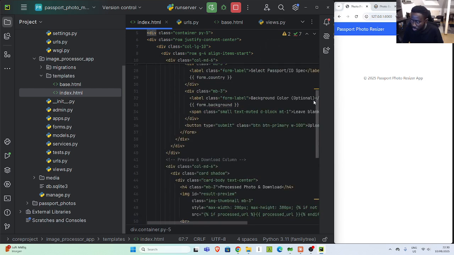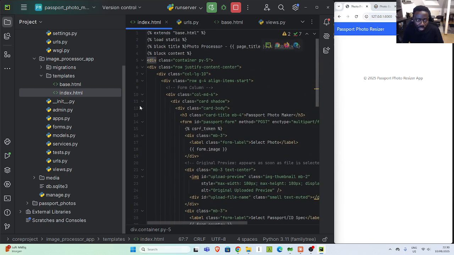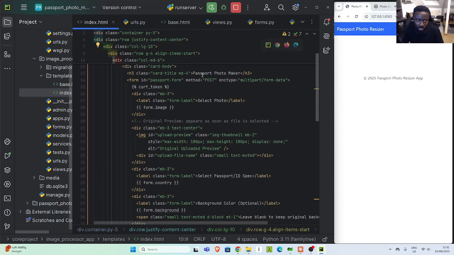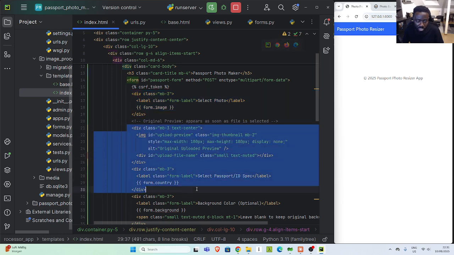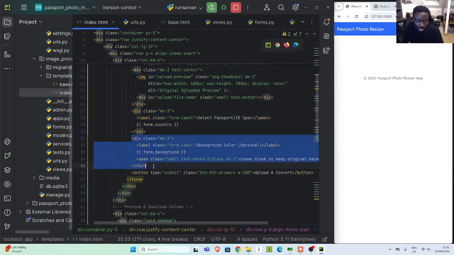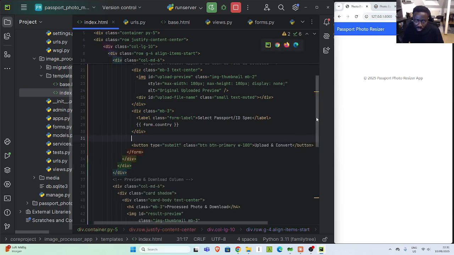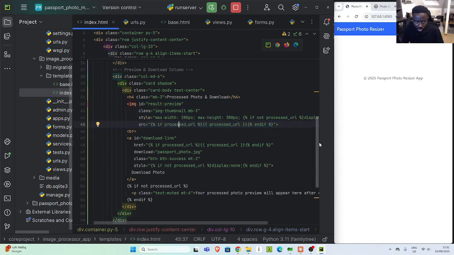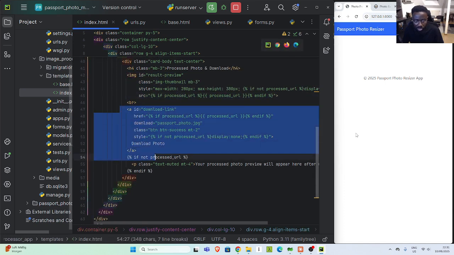So what we are doing now is we have two forms or two columns. The form column, which is this one here, we are using a Bootstrap card. We upload the photo, right? So that photo, or the image, is going to be uploaded. We have the option to select the specific country. We can also add background to it in case you want to do that, but we'll do that later. So let's take it off, and then we upload and convert, and then automatically it's going to preview the processed image, the process URL, and then we can download it right from here. So if I refresh it now,